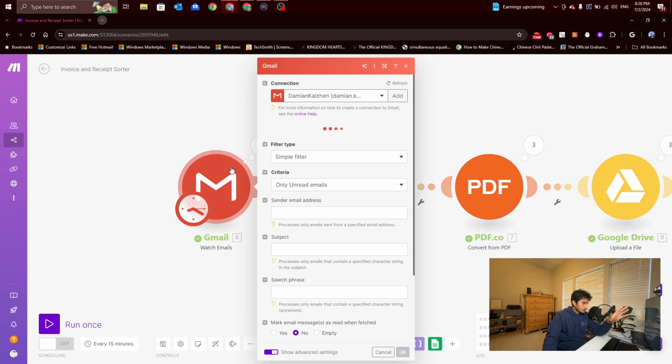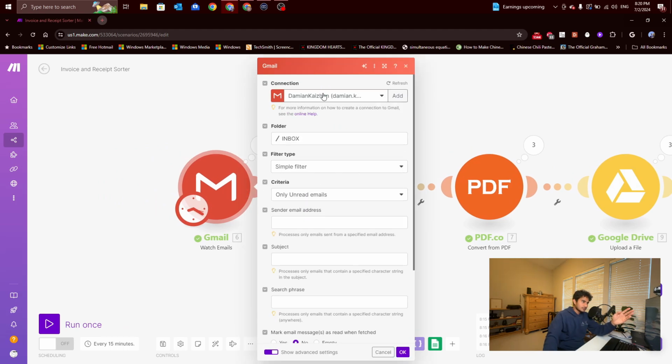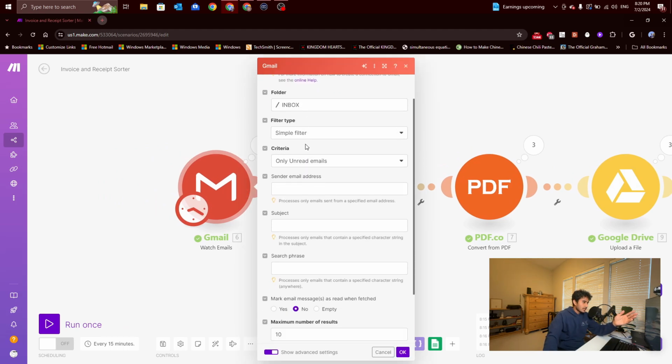So in the beginning, we have Gmail that's connected to my email inbox, and then I have a simple filter on it, and it reads just unread emails. Going forward, it might be a safe idea to have this read all emails just in case. But for the moment, for the sake of explaining this module, I just put the unread emails, so it's easier to pull out those specific emails much quicker. But of course, going forward, it might be safer to just have it set to all emails, because this way, it will then,